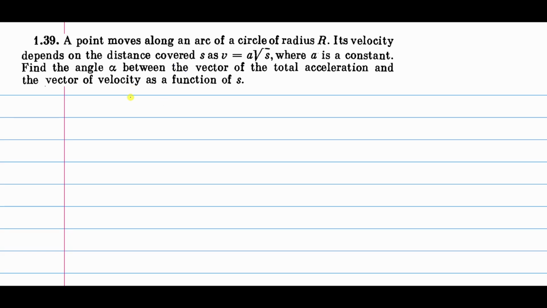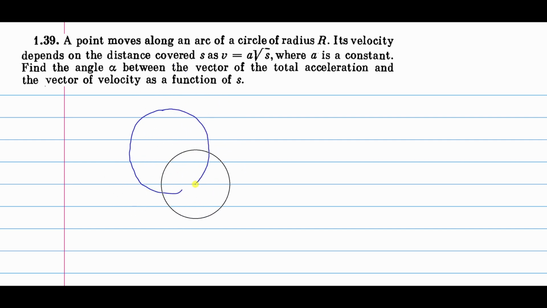Okay, let's solve this question. A point moves along an arc of a circle of radius r. Its velocity depends on the distance covered s as v equals a under root s, where a is constant. Find the angle alpha between the vector of the total acceleration and the vector of velocity as a function of s. Okay, so here is a circle